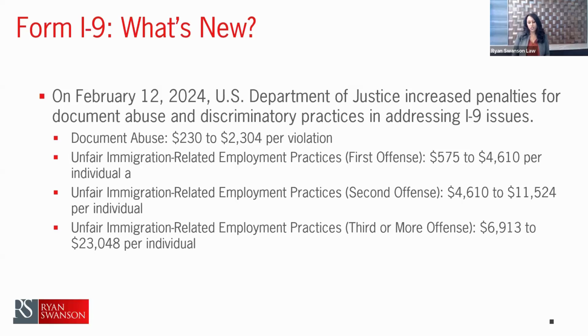The other thing, just to set some reminders on this, remember that the best defense, if you are subject to an audit or a claim of discrimination, is being able to show the good faith efforts made in compliance. So what we see during audits, for example, is oftentimes the government will say, do you have a written compliance document? Do you have a standard that everybody follows that's written down showing the efforts that the employer is making